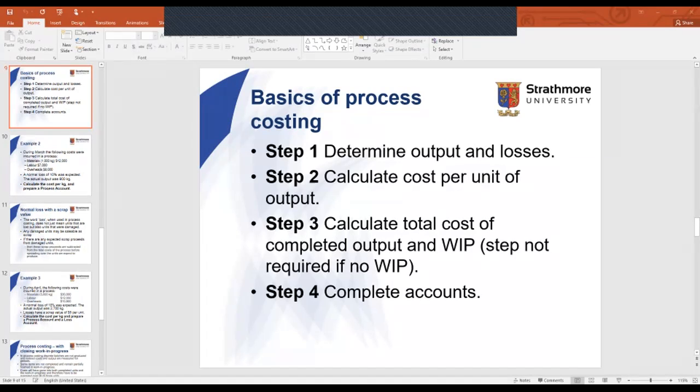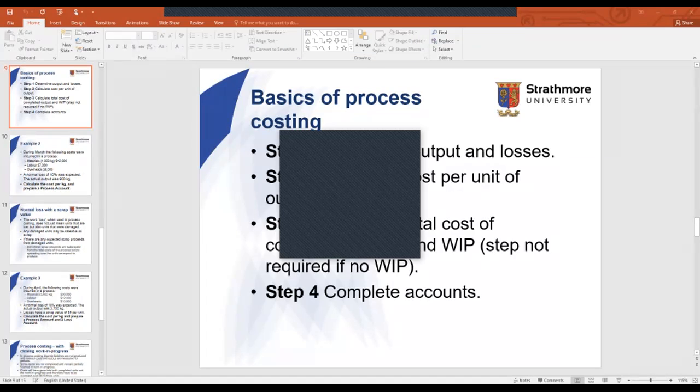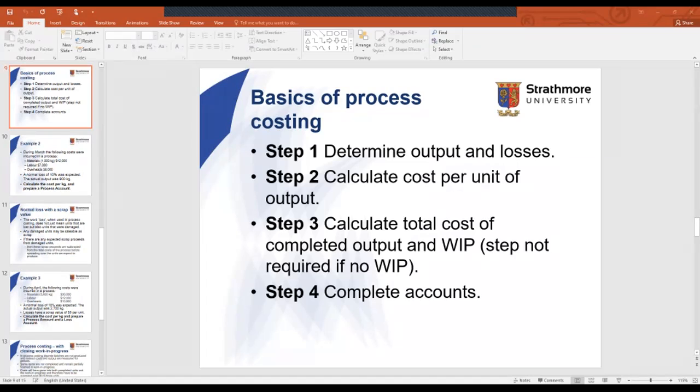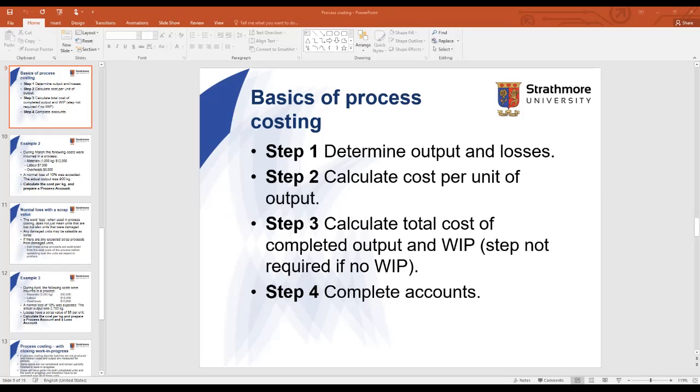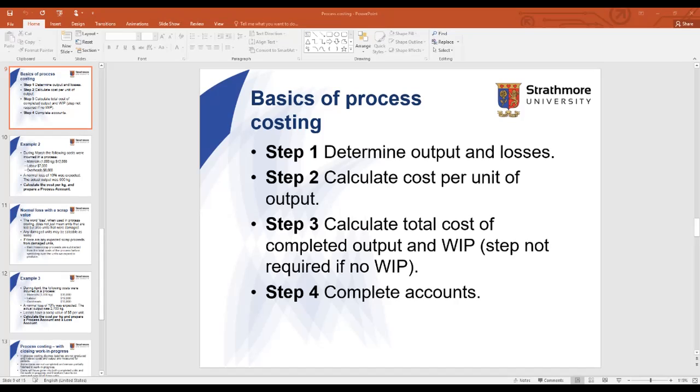So yesterday we were discussing process costing, and we said that there are some steps that we need to follow, which I think we went through. First, determine the output, and of course any loss that might be incurred by the end of the process. Then we get a cost per unit of the output, which is the total cost of the process divided by the output. And it's the cost we need to determine, therefore, how many items are completed and what items are still